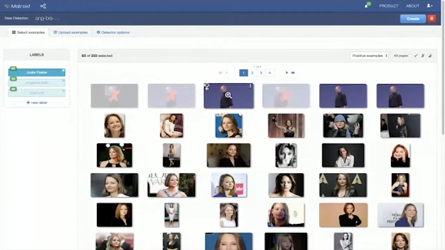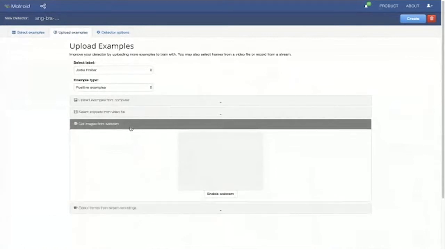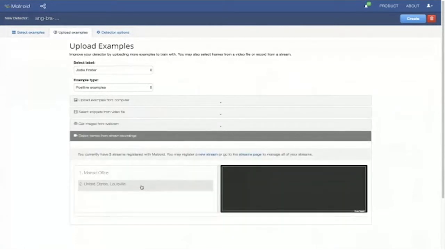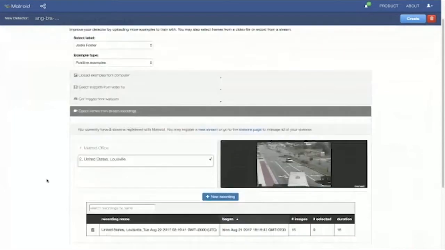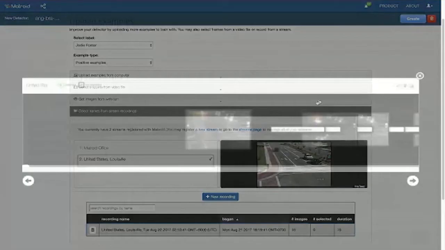If you recall, I could also record from a webcam, but my webcam is being used for this conference, so I'm not going to disrupt the conferencing software. We can also use recordings from a stream. This is actually a live stream from a public camera somewhere in Louisville, happening right now. We could record from this camera and use those examples for the detector,